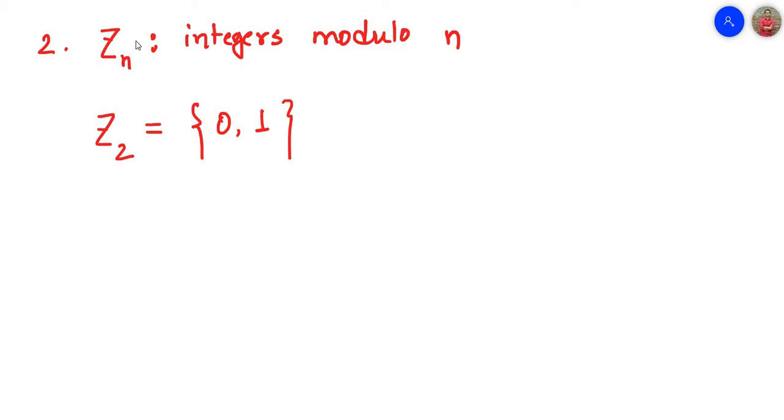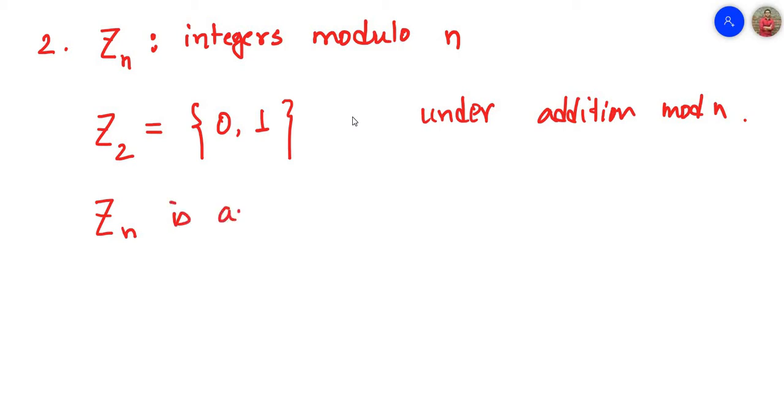But under which operation? The operation is addition mod n. That means you add two numbers, you take the modulo n, and you form a group. The Zn forms a group under addition mod n. Notice that Zn is an abelian group,